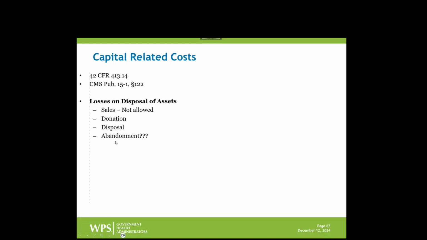But what I want to focus on here are the two that are allowable. The demolition, which again, this is supposed to be demolition, and abandonment theoretically could be allowable. Now, loss on demolition, we really have two different things there. We have the lost net book value. So that asset had some remaining depreciation that never got to be taken and reimbursed by Medicare. That's one piece of it. But also you have the loss related to the cost you incurred in demolishing that asset. That cost can be lumped in there as well. But there are some pretty specific requirements for that I'll get into in a bit.